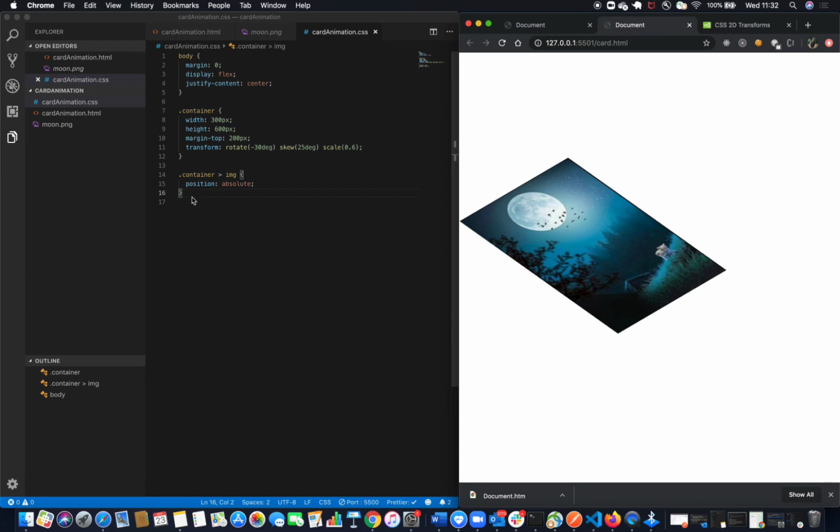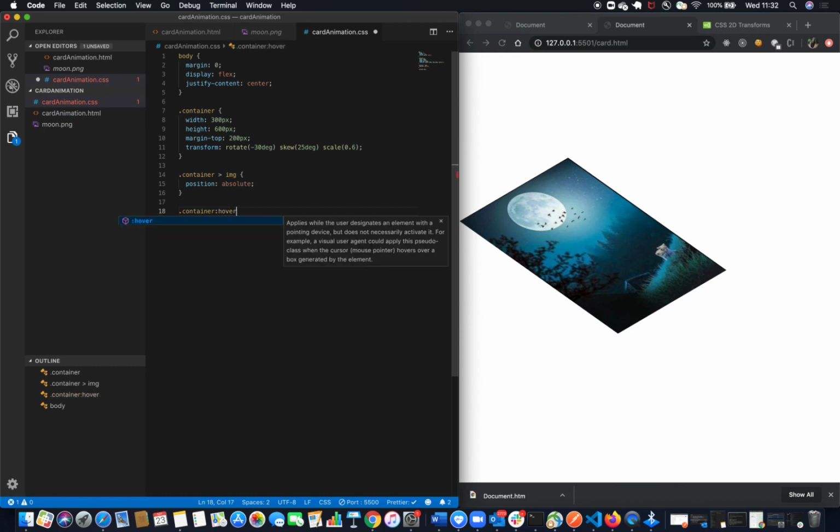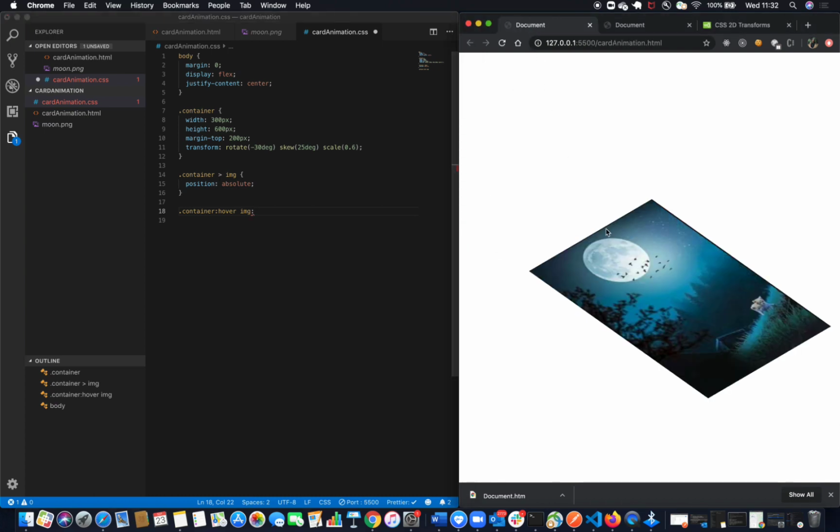So let's say when we hover on the container, that is when we want to do this thing, right? When we hover on the container, the image... Now if you see, all the 4 images are given different transform properties because they are all taken to different heights.